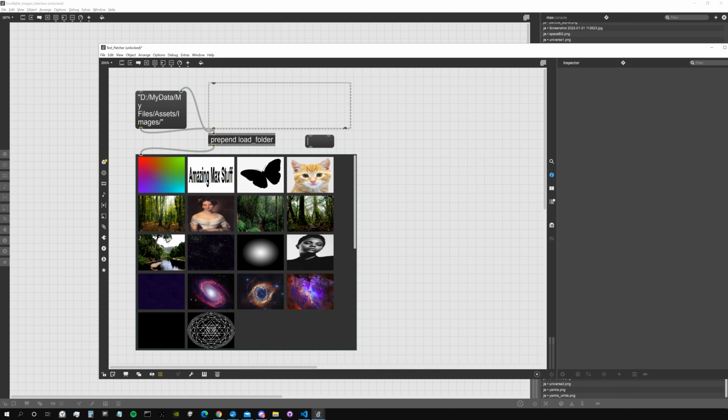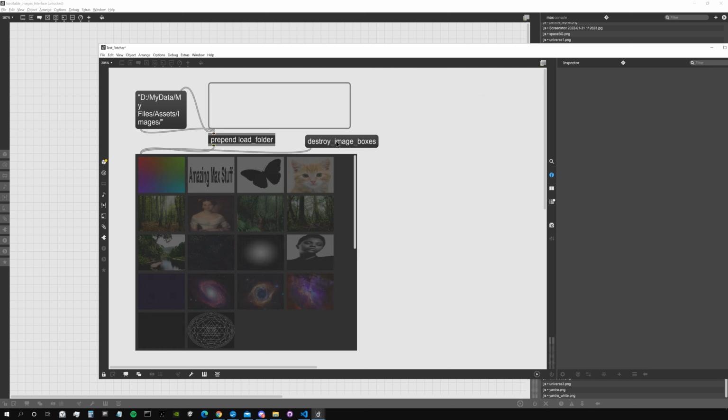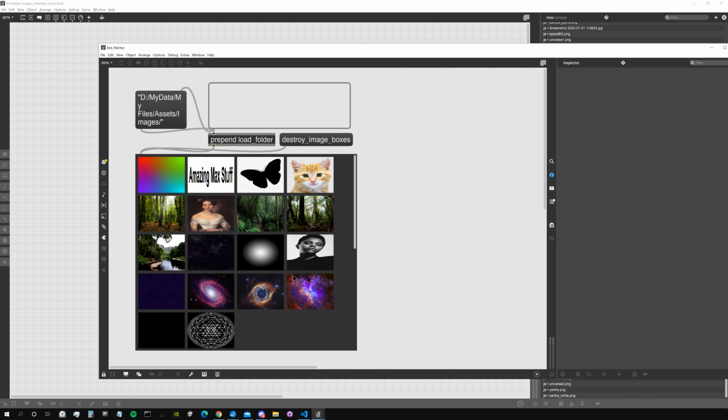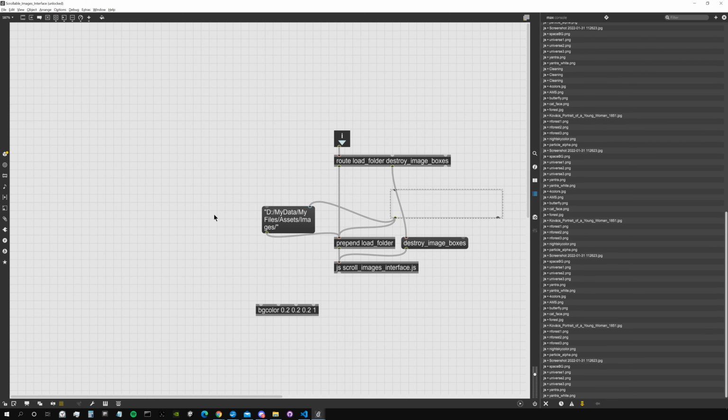We just need a message to also destroy them. So destroy image boxes, I think we called it. And there they go. Okay, cool. So we create them, then we can destroy them. Okay, awesome. Now, the last thing that remains to do is to make them clickable, right? And the proportions of the images are not correct, but this is kind of a minor detail that we can always fix later. So what we want to do is to have basically an outlet here,